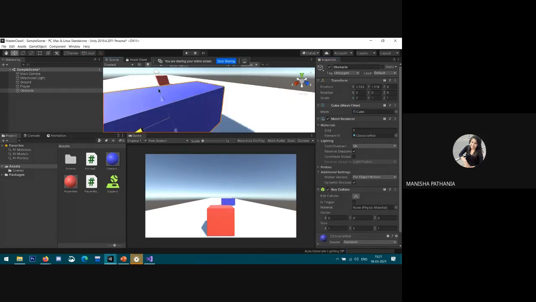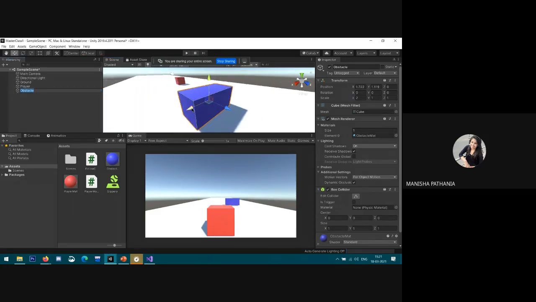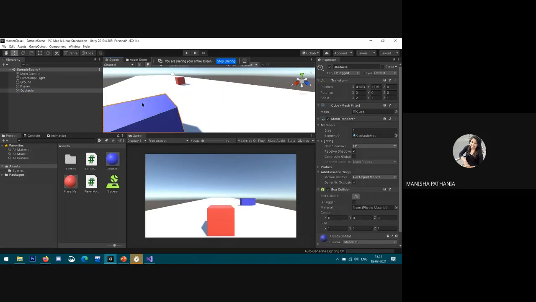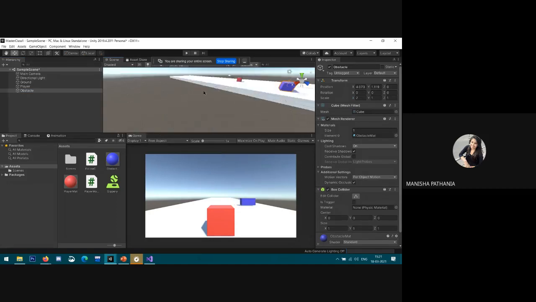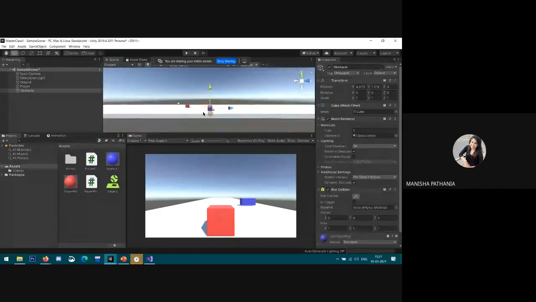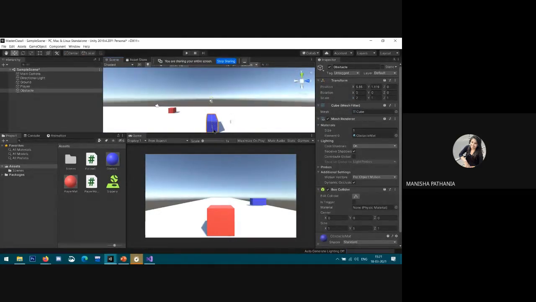We can move it in a right and left direction also, so it's my call. Something like this. Scale it. Now it's fine.